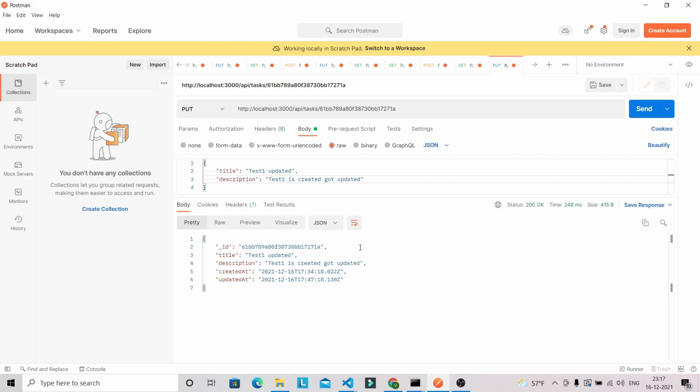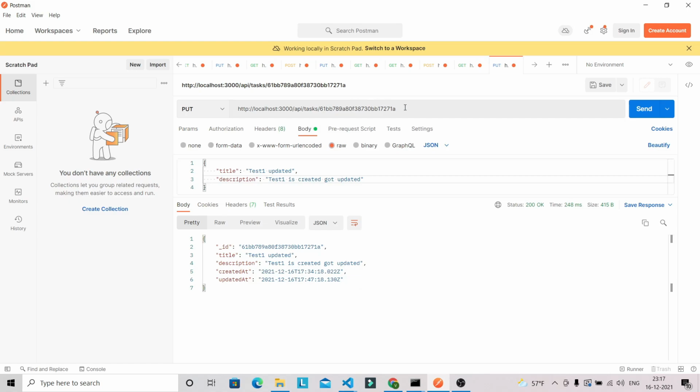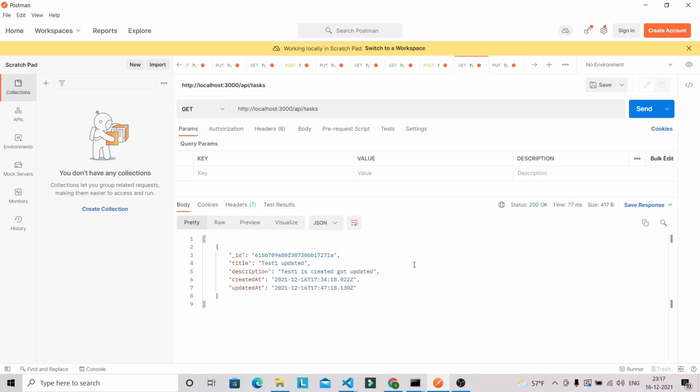So now you can see that it's got updated, and you can also verify from this endpoint which is returning all the tasks that we have in our MongoDB. So if you click send, now you can see that we have got the updated title and description that we updated from this endpoint. Okay, so we have created all the CRUD API with Mongo in our Next.js.